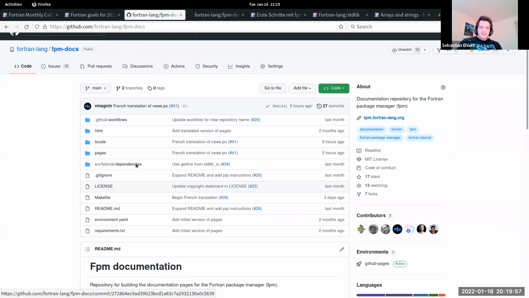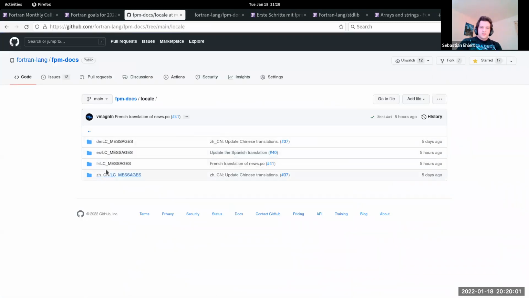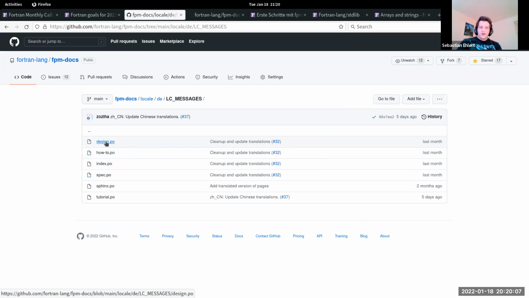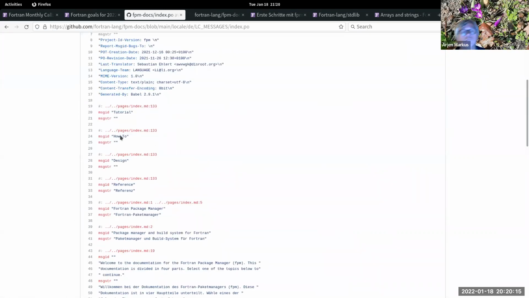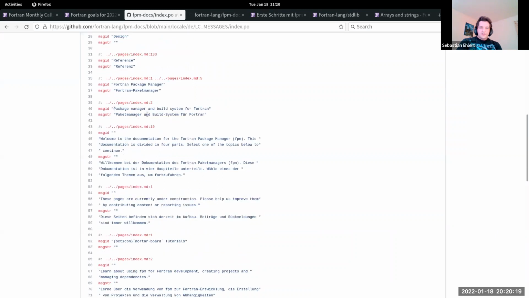So you will find there's a locale directory, and then there are the different languages with the localization messages. And you go here, then you find these PO files, the standard format for gettext. And if you check out this file, then you will find there's the string in the original language, and then you enter your translation.